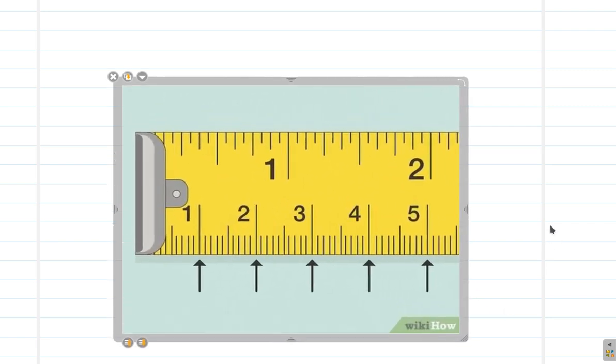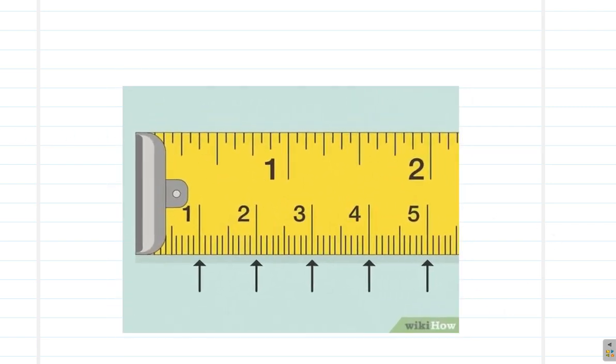You have inches over on this side, 1 inch, 2 inches, and so on. Centimeters over on this side, 1 centimeter, 2 centimeters, 3, 4, 5, and so on and so forth. And of course,